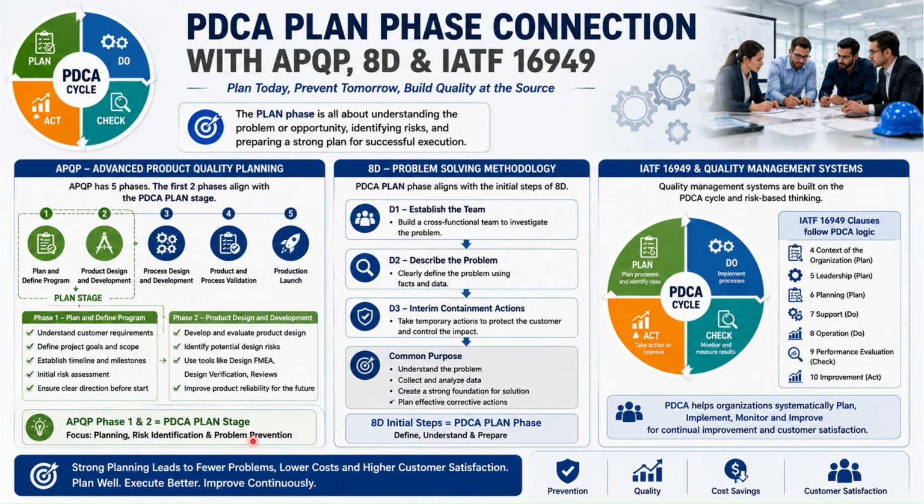Phase 1 is Plan and Define Program. During this phase, teams gather customer requirements, define project objectives, establish timelines, and perform an initial risk assessment. The goal is simple: ensure the project has a clear direction before any design or manufacturing activities begin. Phase 2 is Product Design and Development. Here, engineers develop the product design, evaluate technical